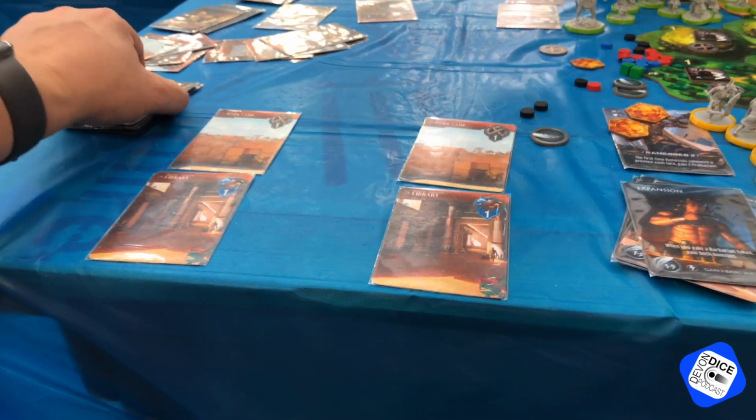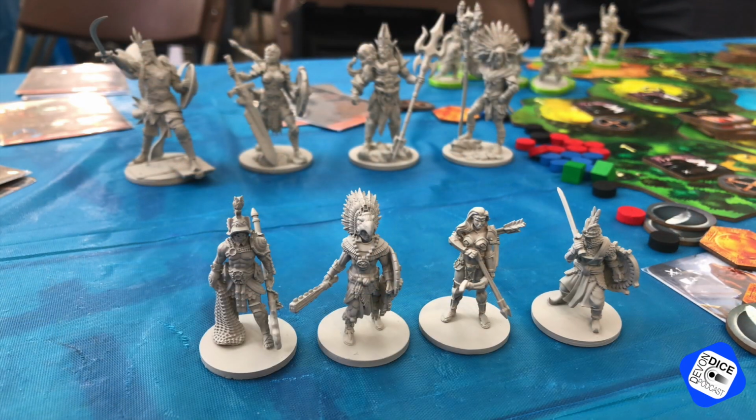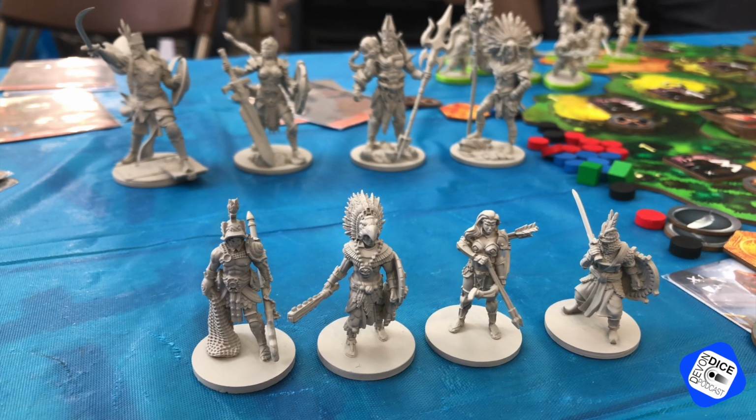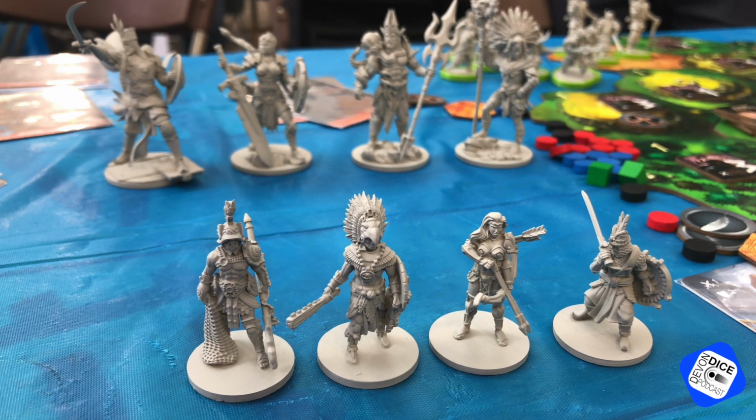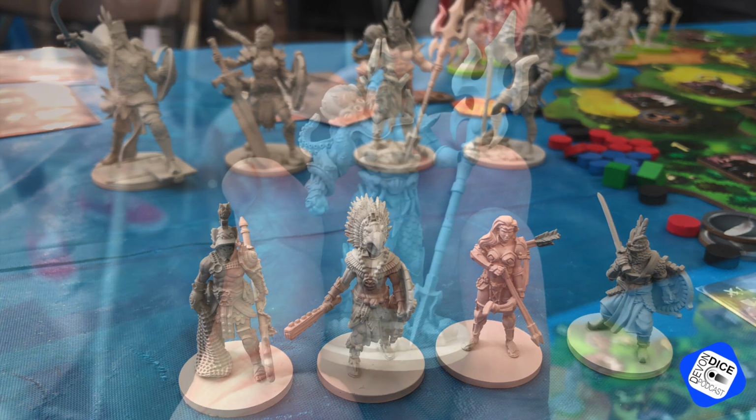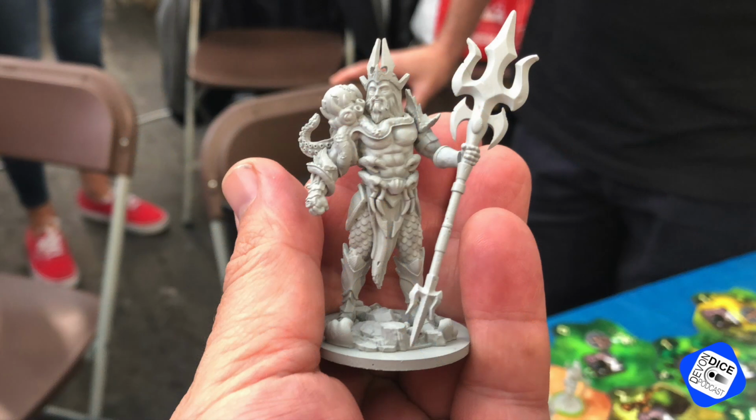So, as you can see, the rules were explained here, going all through it. The miniatures are lovely. I mean, these are resin miniatures, but they are lovely. And I just want to back it just because of the miniatures. That being said, especially this miniature, which is the Atlantis leader, I just want him. He looks really cool, and the octopus around him. But anyway, getting back to the fact that I